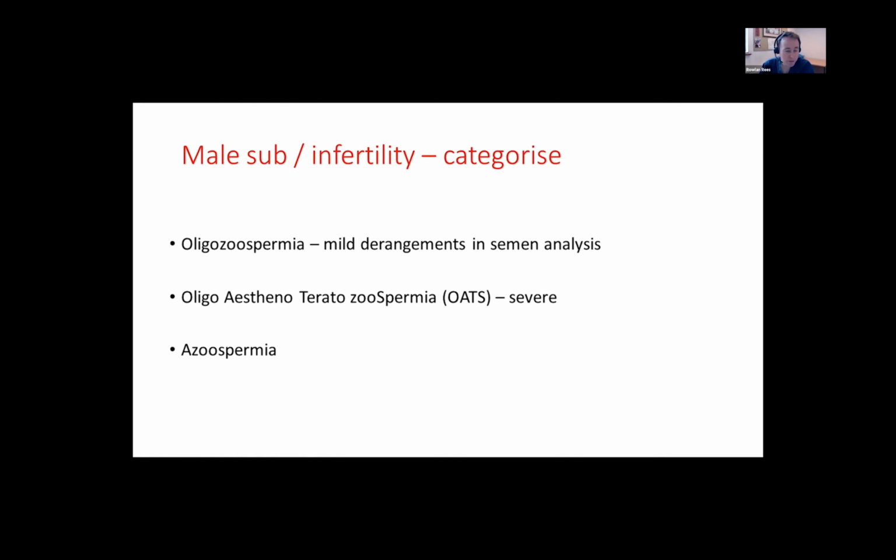You've got to think of them having mild derangements in semen analysis, anything less than 15 million per mil, or men with very severe male factor infertility with very low numbers of sperm, changes in the appearance and in the motility of sperm, the so-called OATs, oligoasthenoteratozoospermia. And these men invariably will end up requiring ICSI IVF, whereas the oligos may respond to lifestyle factors,